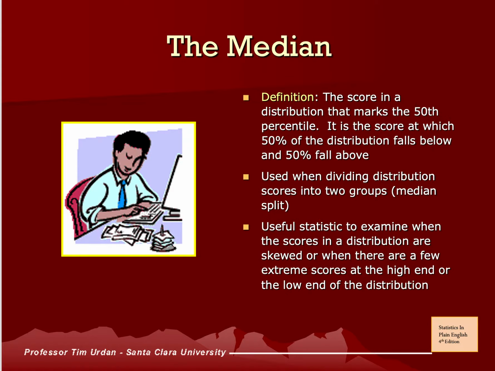The median, on the other hand, is still a score, and it shows us where the 50th percentile is in the data. So it's a little bit different. We're not adding things up. We're saying, okay, where is the exact middle? I'm going to list my data out from smallest to biggest, and I am going to find the number that's in the middle. That's what a median is. A median is really helpful when I want to divide a group into two groups. So in my neighborhood example, the median is going to be